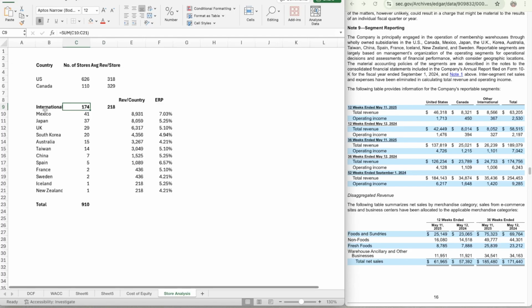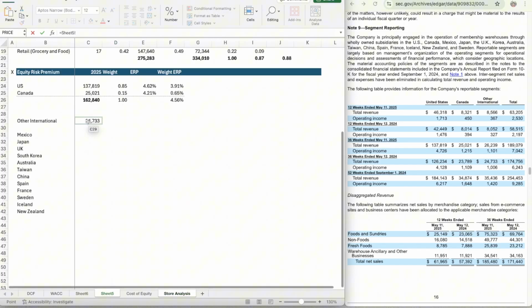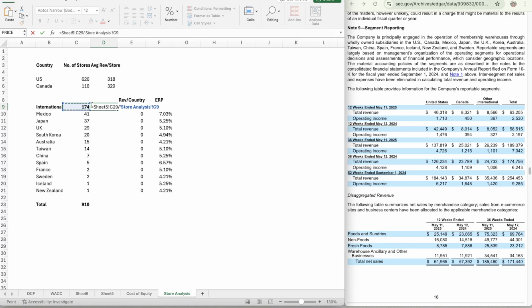And we know that they have 174 international stores. We're going to go equals, we take this revenue and we divide it by 174. So up until now, they're averaging 142 million per store for the rest of the world. Ignore these figures at the moment because these are done for annually. So let's just focus on this, and then we take